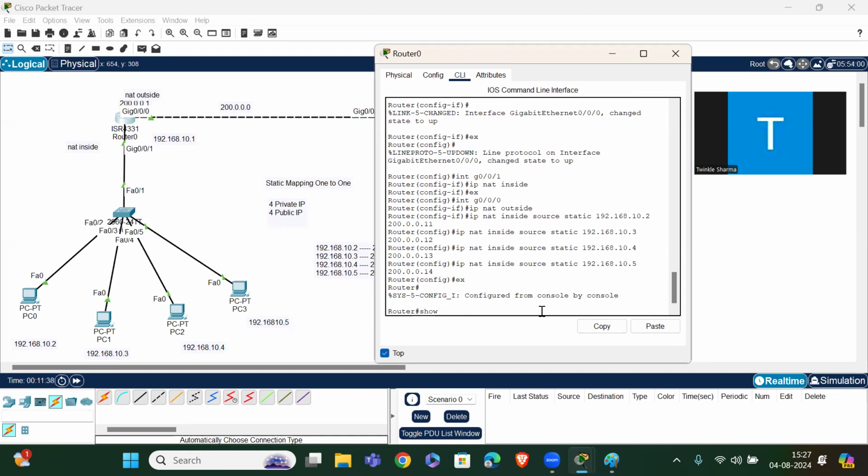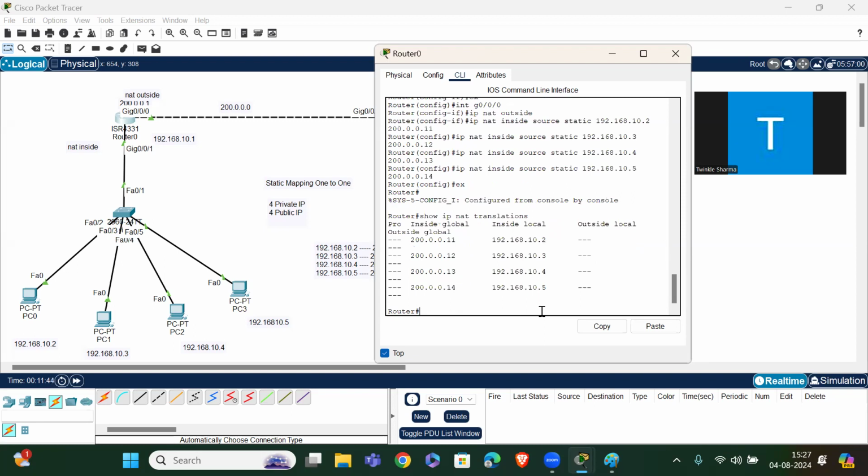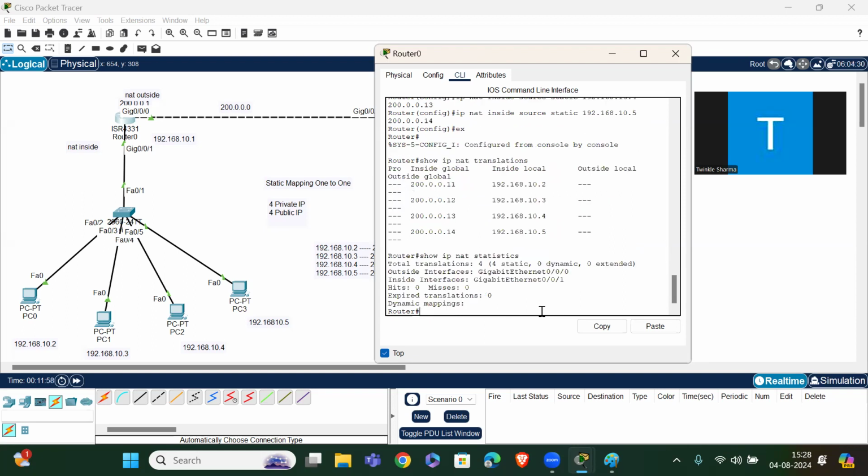Now let me check if the mapping is done or not. Show ip nat translations. It is showing, right? Again, let me check the statistics. Show ip nat statistics. This shows the gig ports.